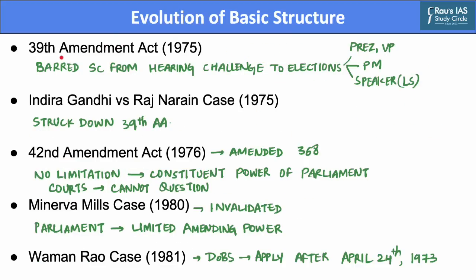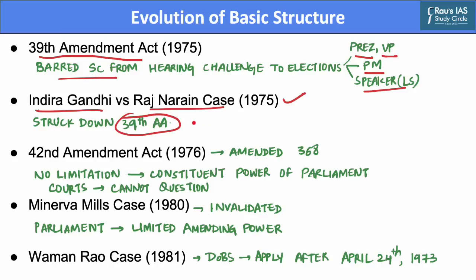The Parliament further reacted to the Kesavananda Bharati case by bringing in the 39th Amendment Act in the year 1975. This Amendment Act barred the Supreme Court from hearing challenges regarding elections of the office of President, Vice President, Prime Minister, as well as Speaker of the Lok Sabha. However, the Supreme Court in the Indira Gandhi vs. Raj Narayan case in the year 1975 struck down this provision of the 39th Amendment Act. The court said that this provision was beyond the amending power of the Parliament as it affected the basic structure